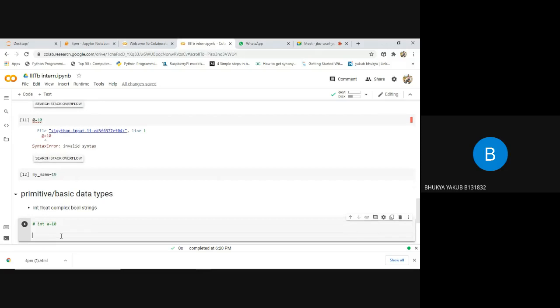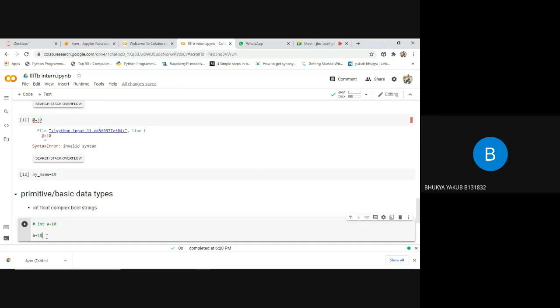Whereas in dynamic programming languages, if you say a equals 10 and we did not run this portion, it won't allocate any memory. Only when you run this portion will it allocate memory. Whereas with int a equals 10, irrespective of running, opening or closing the file, int means it will allocate 4 bytes of memory. That is the difference between static and dynamic programming languages.